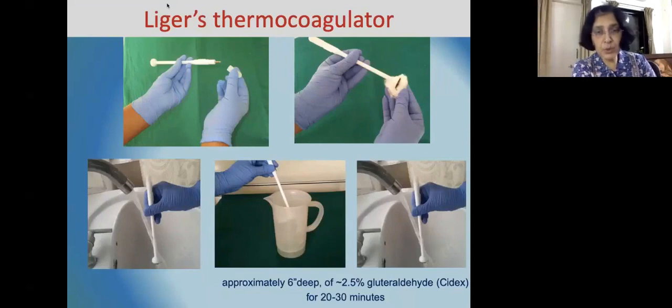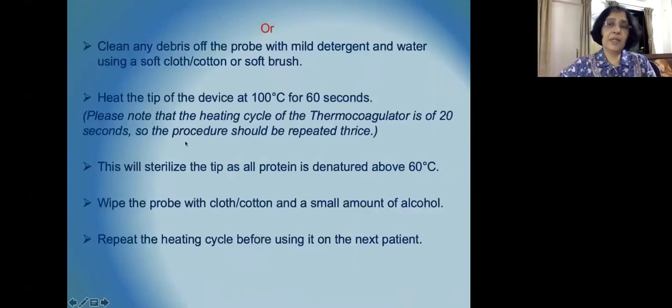You can use soap if there is a lot of debris attached to the probe, and then dip the probe in Cidex for 20 to 30 minutes. And after 20 to 30 minutes, you can again wash the probe under running tap water, again repeat it with normal saline and heat it, and then you can reuse it on the next patient. If this Cidex method is not possible in a field clinic, then what is recommended is cleaning the probe with saline and then spirit. You can use mild detergent, use a soft cloth or cotton to clean the probe, and then